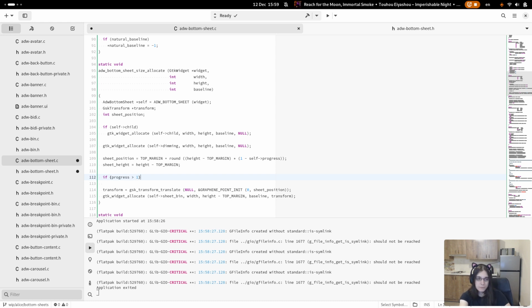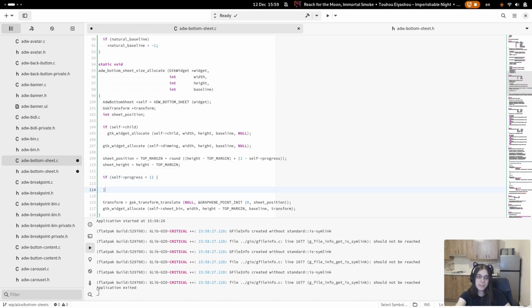Let's see. I'll replace that with a max later, but I just need to write the actual logic first. In that case, position will be right.